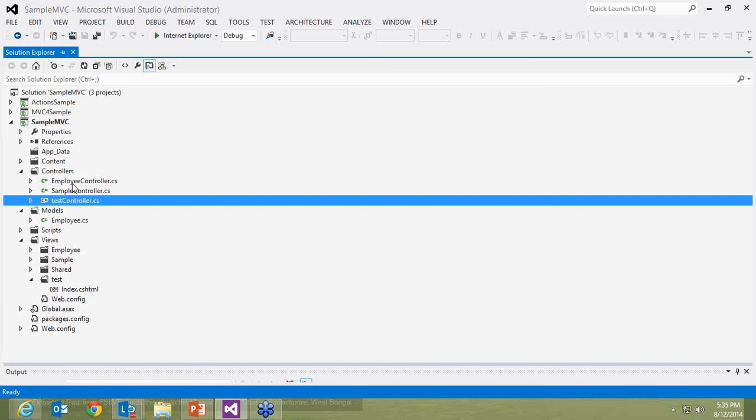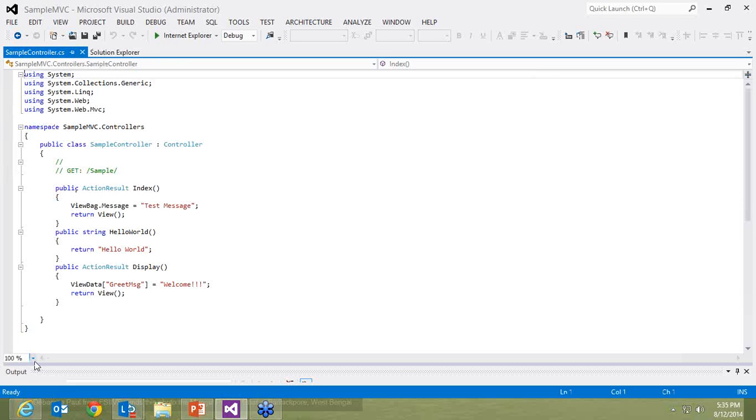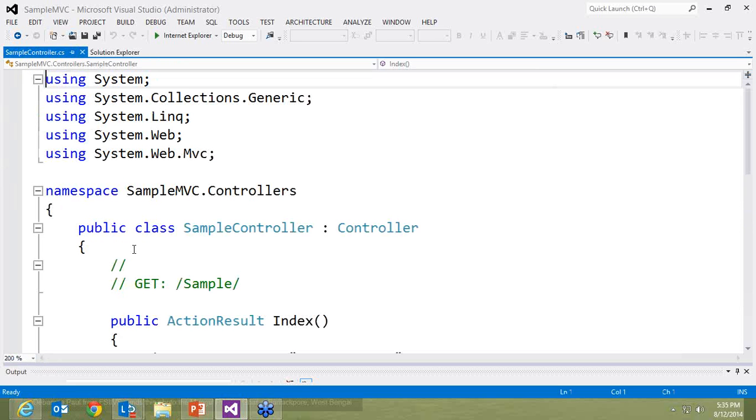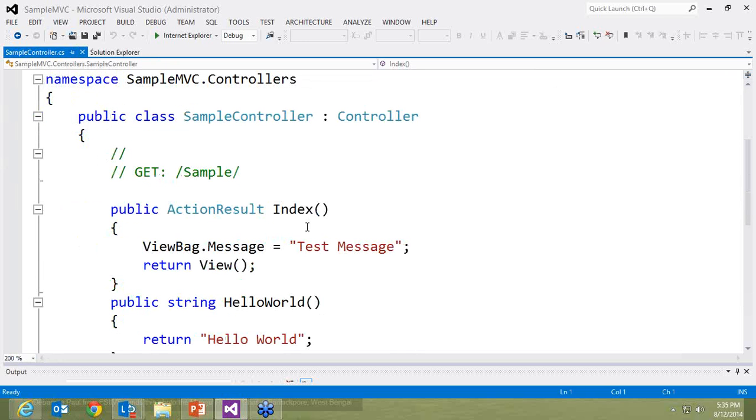Just like I have my test controller, I also have another controller class called a sample controller class. What do I have as part of my sample controller? I have an index method. Now, in my previous sample, what did I show you? I had an index method that was being executed, and the controller action method was executed to display your index page. If you want your action method to send some data that needs to be displayed in your view pages,